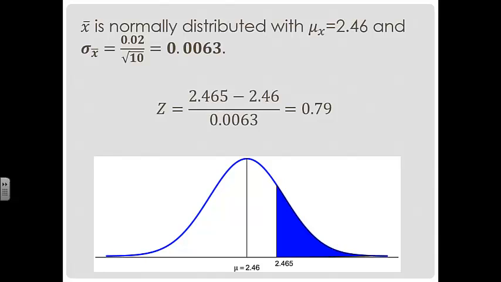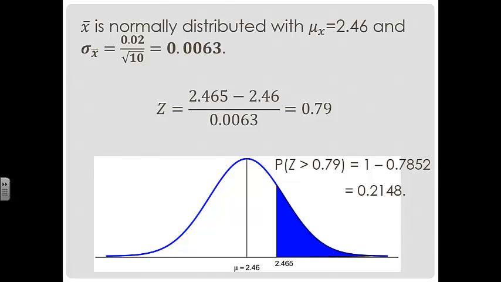and then we use that to look at the table, and here's a diagram of where that z-score lies in the distribution, and see that it's to the right of the mu, or the mean, and we want at least 2.465, so we're going to shade to the right, which means when we find the probability of that z-score, we need to make sure we subtract it from 1 in order to get the probability. And so we get the probability is about